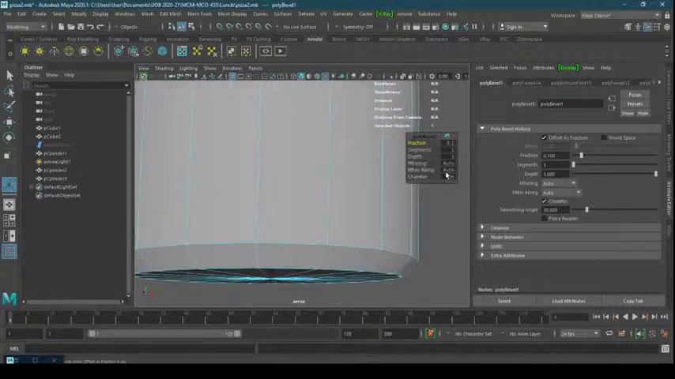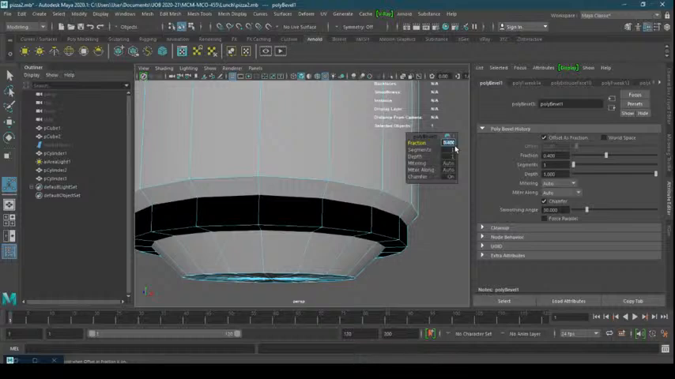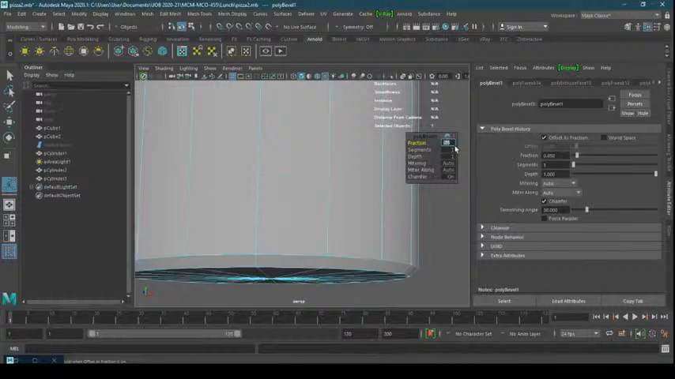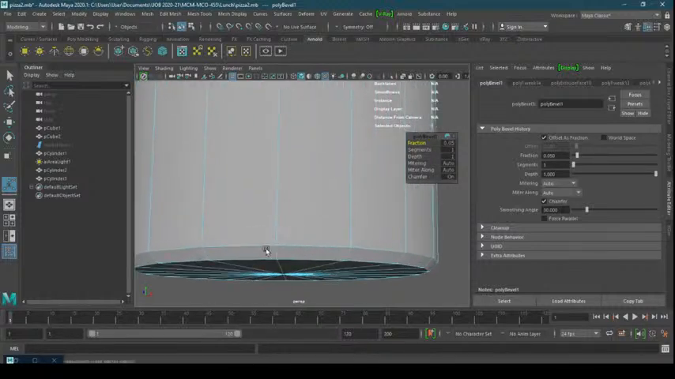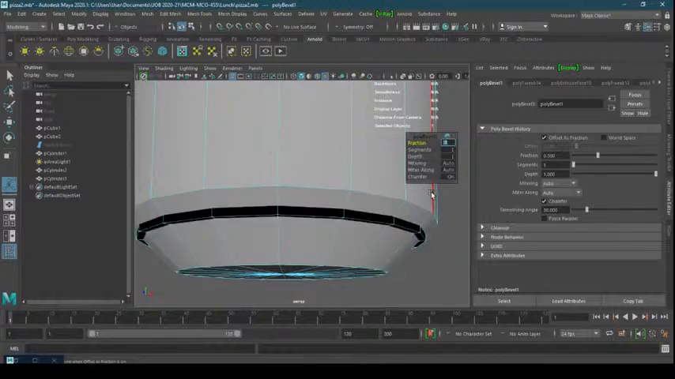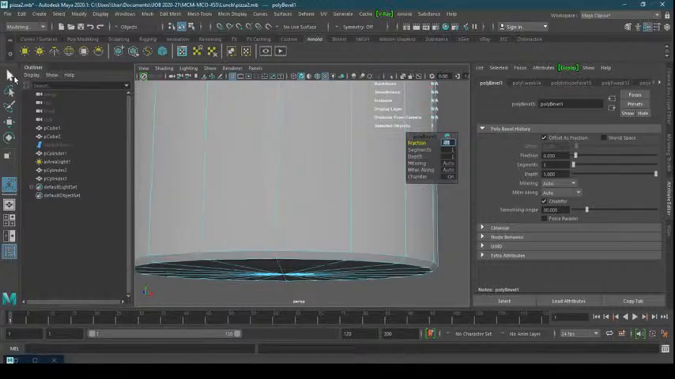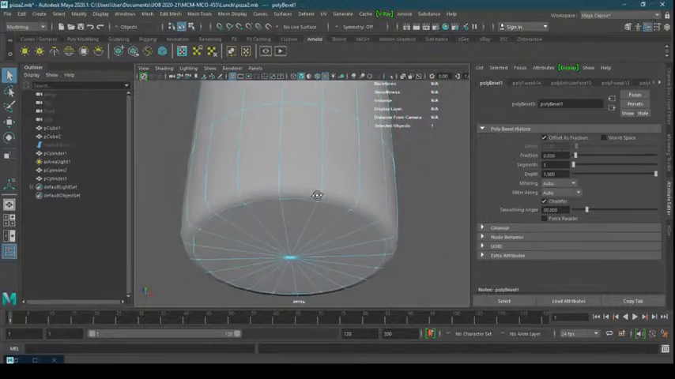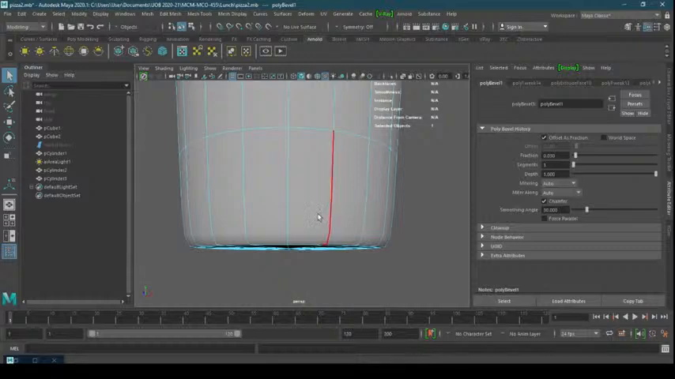Now 0.1 is not that good. So what I can do is 0.05. Still it's too much. Let's do 0.03. 0.03 is good. Now if I press 3 on my keyboard, you can see that it's getting better. But again, I have to